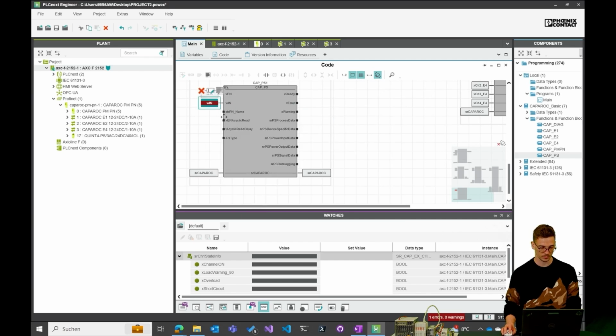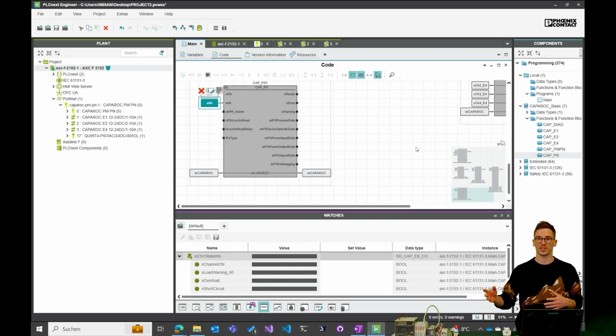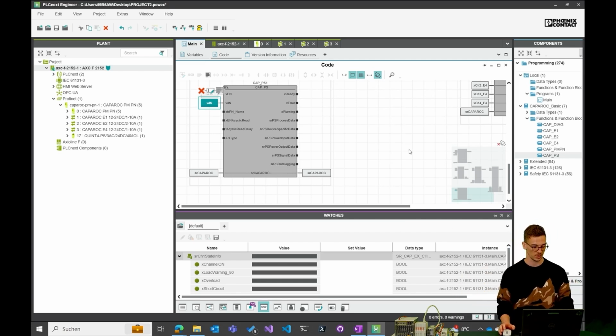Also external. And here we need the Profinet name, because we're not getting all the data over process data, so the power supply doesn't provide all the data as process data. A big part of the data we need to retrieve acyclically. So we need to request the data, and then it sends it over after a request.